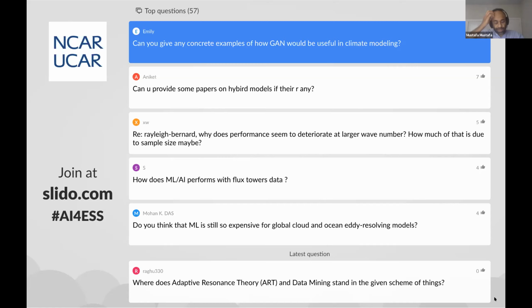Yeah, so again, just a caveat, I'm not a climate expert. But the way that I see it, at a very high level, the problem of modeling a system like a climate system is a spatiotemporal modeling problem, right? And the hope is that we can use any of these methods, GAN or other methods, to incorporate some real data into the systems, or to do a data-driven sort of modeling. You can think of it as surrogate modeling.